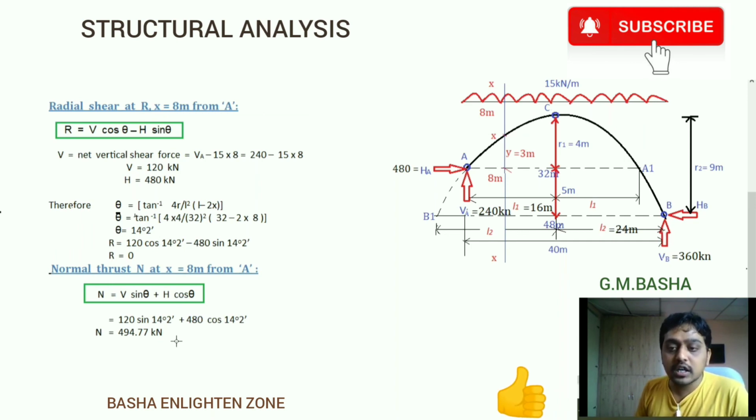In the next lecture, in the next example, I would like to continue with one more example based on circular arches. There will be some small differences, for example, if you are finding the y value, the formula will be 4r by L square x into L minus x. If you see the difference between this one and that one, you will get a clear idea. The entire remaining procedure and formulas will be the same, only small differences will be there. In the next lecture I will share that video, so don't miss it.